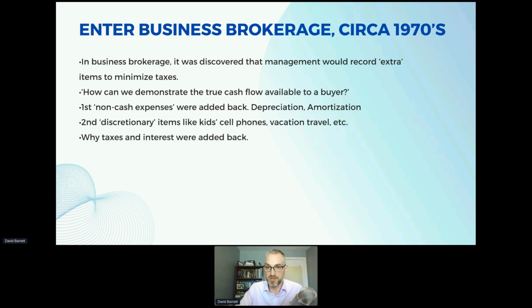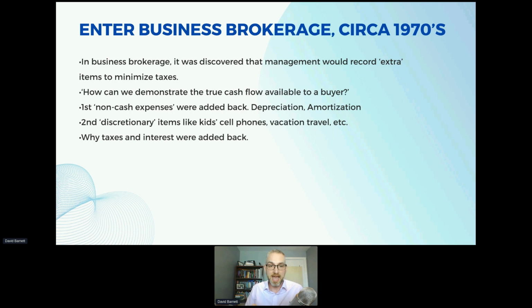And taxes and interest also ended up in this same bucket as discretionary. And the question of why would you add back interest is, well, the argument that I was taught anyway when I was becoming trained as a business broker is that we don't know how the buyer is going to finance their company. So we don't know what kind of interest rate they're going to pay. We don't know what their finance charges are going to pay. So we're going to add back whatever interest the seller had, and that then becomes part of this cash flow, this notional cash flow available to the buyer that they're going to be able to use to handle their expenses